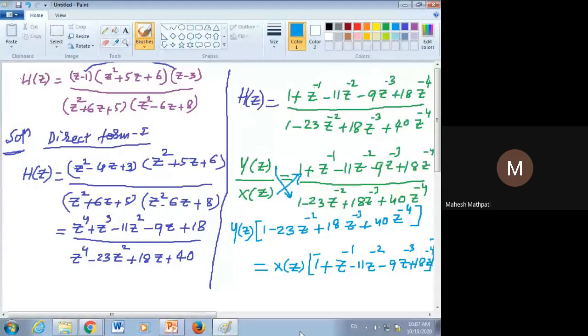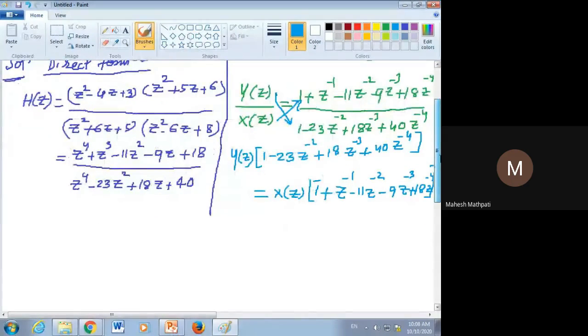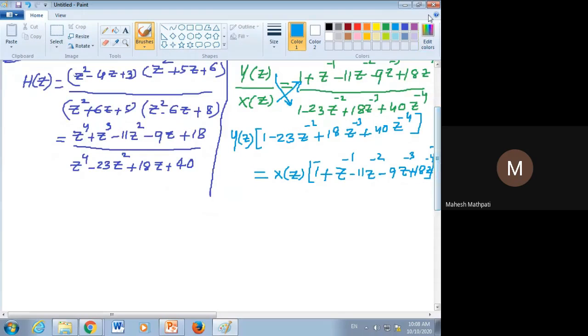Hope everyone understood this. Any difficulty in this part? No, sir. Okay. Now we'll write it this way. तो मैं क्या लिख सकता हूं अभी इसको? Y of Z minus 23 Z inverse into Y of Z plus,